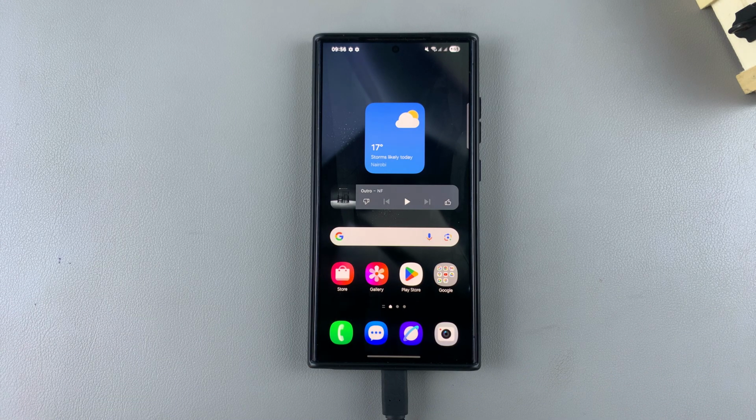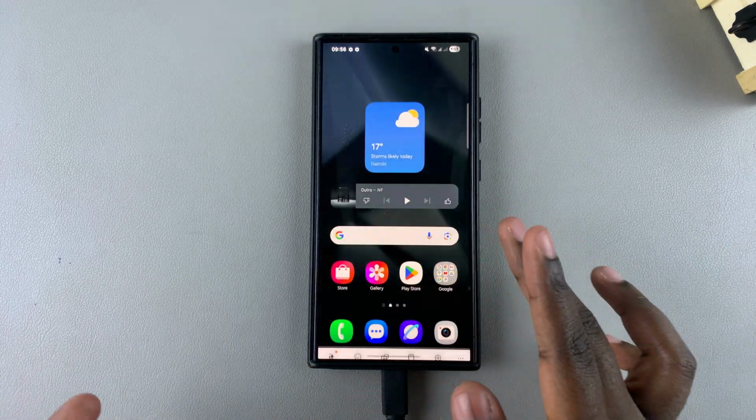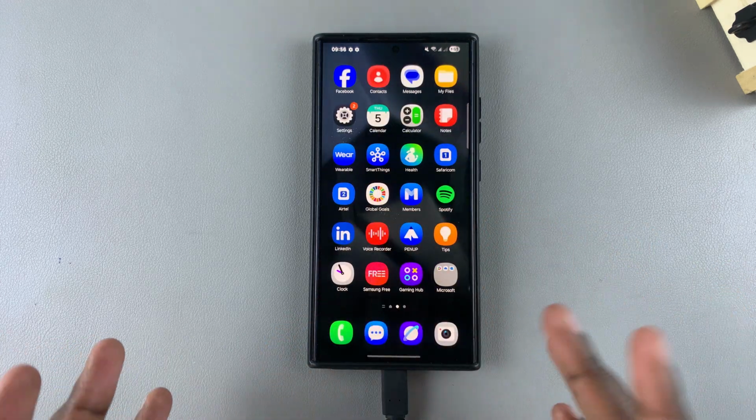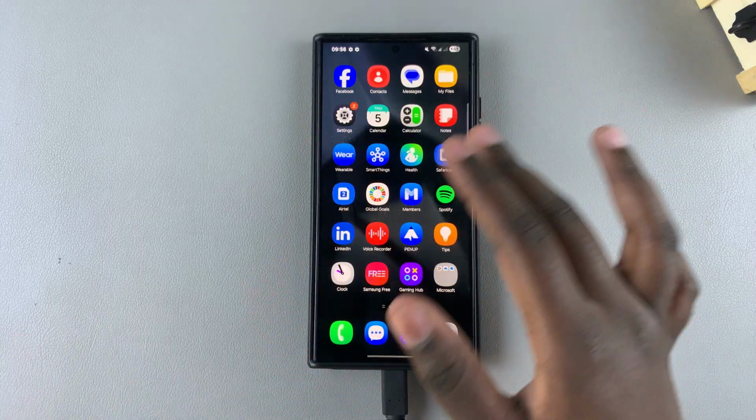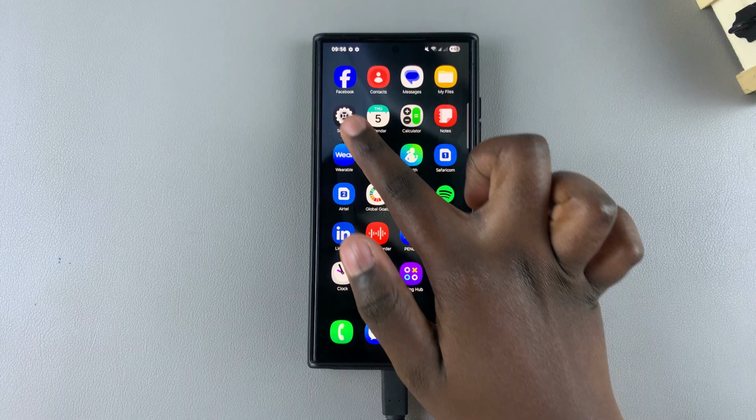So if you're ready to continue with the factory data reset, then you need to ensure that at least your data on your phone is backed up. You can do this by backing up your phone to the Samsung cloud, or you can use Google Drive. It's completely up to you. And once you've made your choice and you've backed up your data, you can then open the settings app